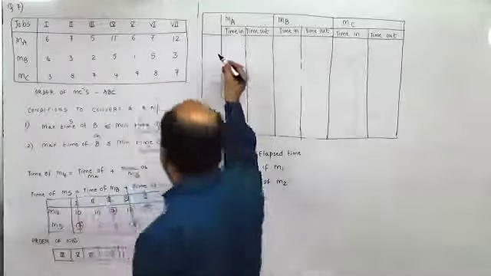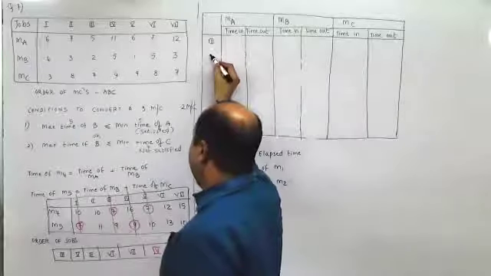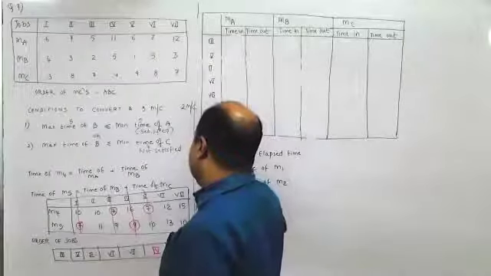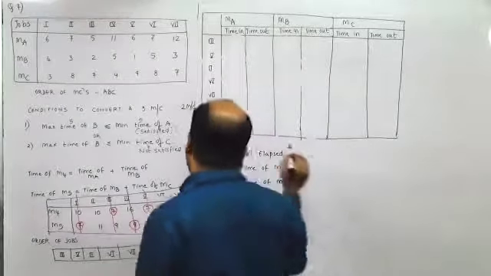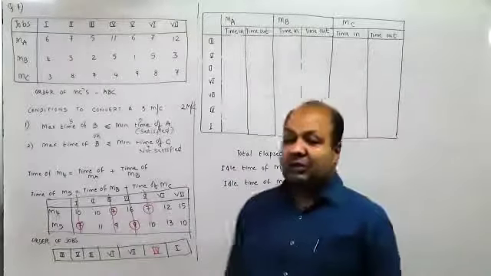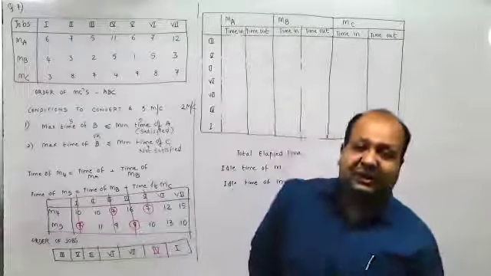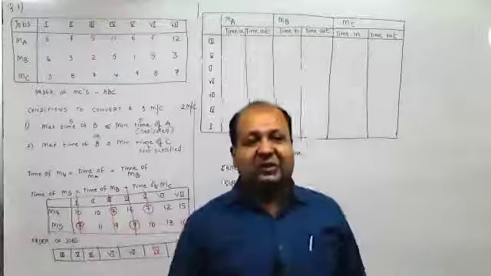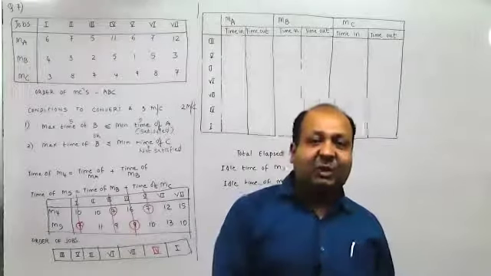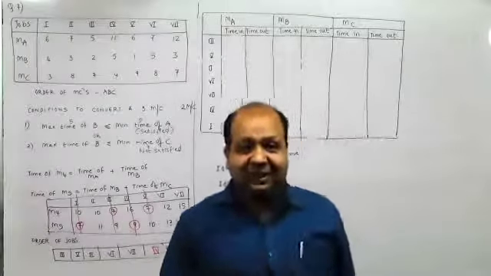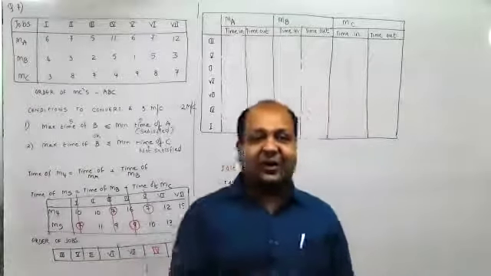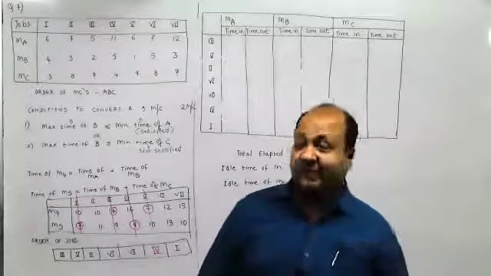Yes, sir. And sir, mostly the sums which they give for three machines, all will satisfy this, no? Yeah, even if it doesn't satisfy, you do it, because rarely does it happen. Once it happened in SIES Nerul, the teacher had given a question where it wasn't satisfying. Now my students wrote that it doesn't satisfy and therefore it cannot be solved further. But the teacher said, in case you get such a problem, right there it doesn't satisfy, but you solve it further. As far as I am concerned, the book has mentioned that it cannot be solved further. So I believe it shouldn't be taken further.